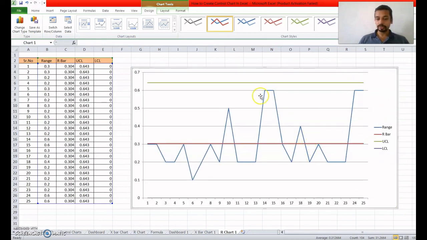Now you can see this is our R graph value, the R bar graph. So this is the center line, we can say R bar, the upper control limit, and this is the lower control limit.